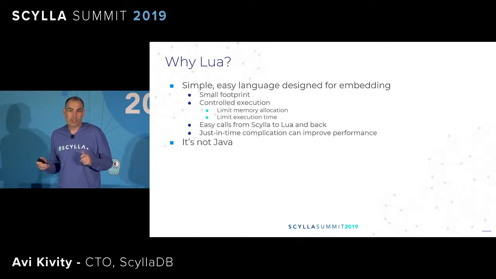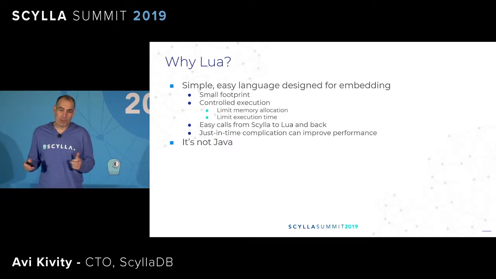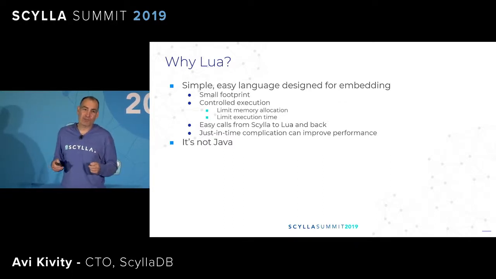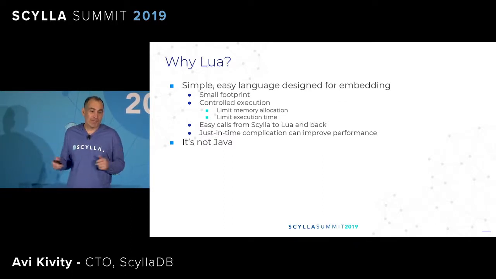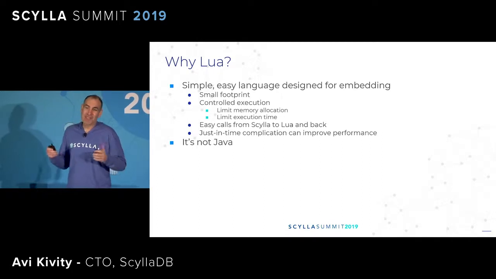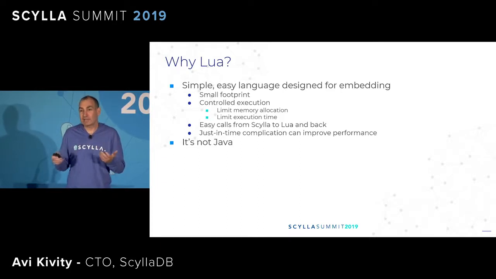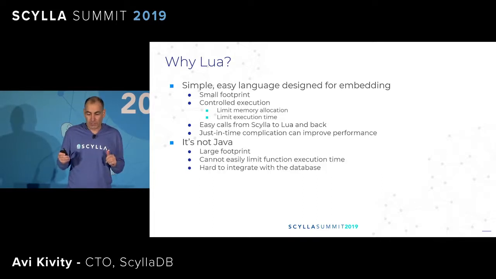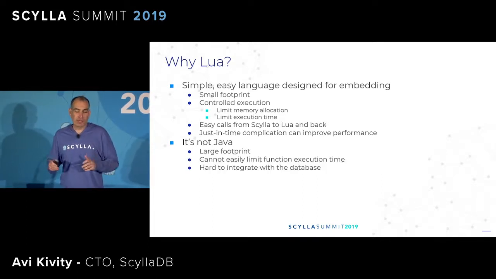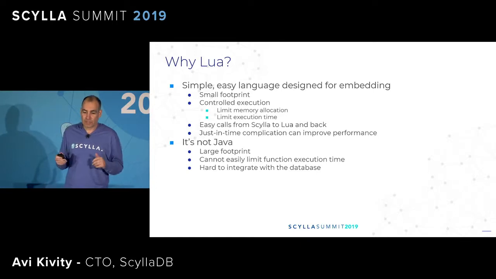Another reason is that it's not Java. Now, I don't want to be perceived as a Java hater, even though maybe I am. But Java has its place. It's easy to write code in it. It's a safe language. So it has its advantages, but it is not good for embedding. It has a very large footprint. It starts by allocating gigabytes of heap, and the runtime itself is quite heavyweight, allocating a large number of threads